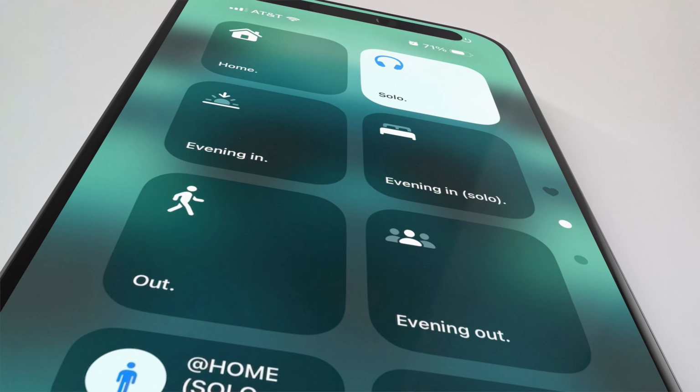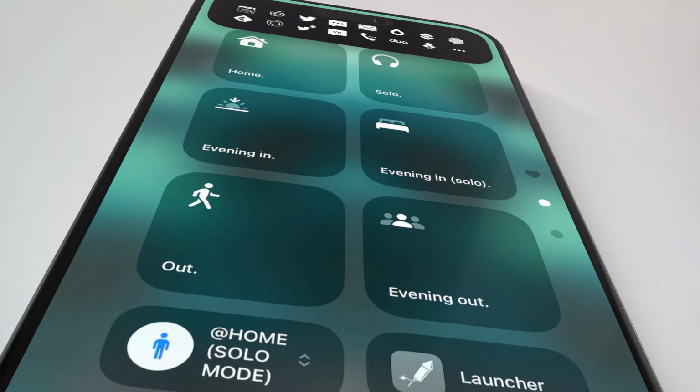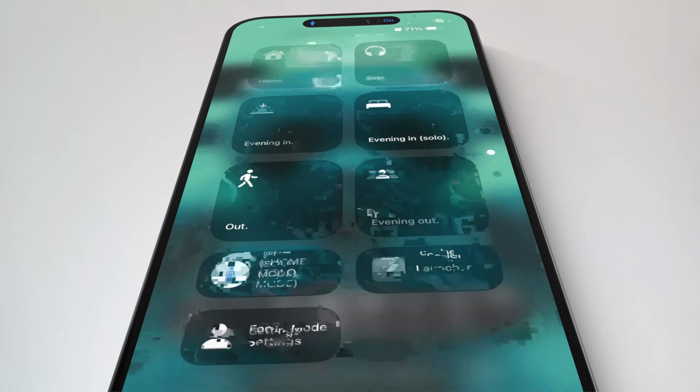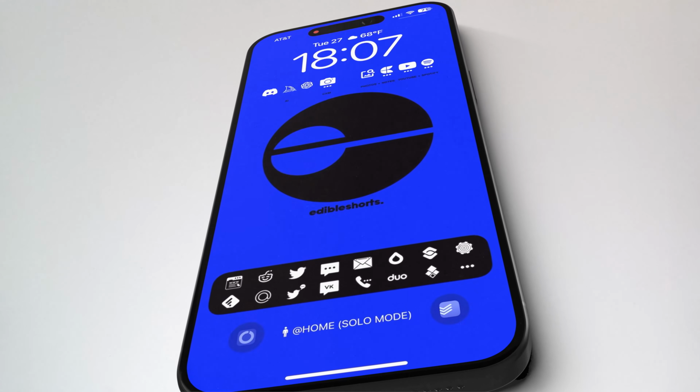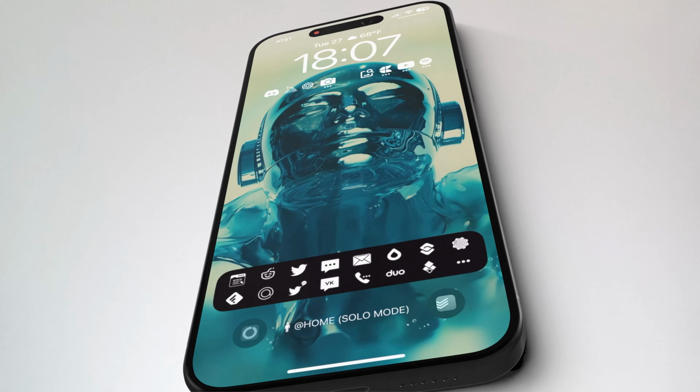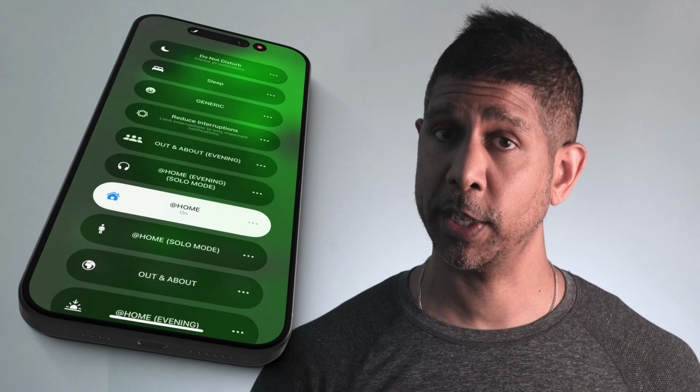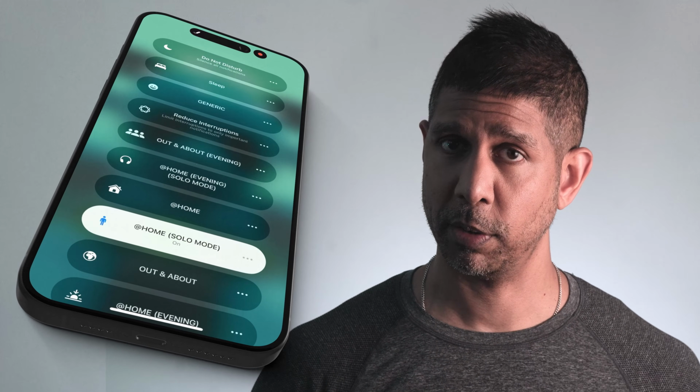Like when I tap the solo button, notice how it doesn't just switch my focus mode to solo, but it also tells my launcher buttons down below to switch to all white. Likewise, when I press the evening in button, it tells my launcher buttons to turn red. Notice how if I only use the default focus mode switcher, it fails to update the color of my launcher buttons. Now what I've set up here is obviously a bit advanced, so I'll table a proper explanation of all this for another video. But before we wrap up this walkthrough of my ultimate lock screen, I gotta tell you